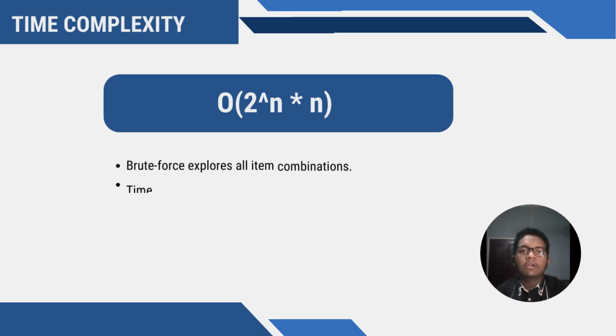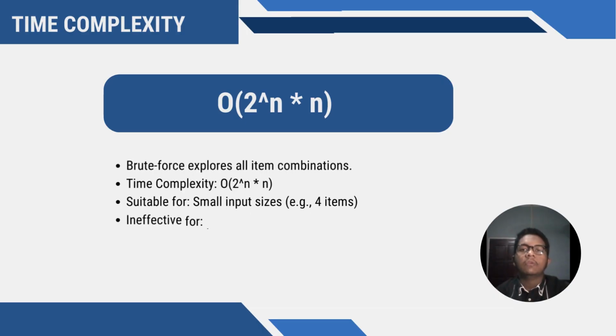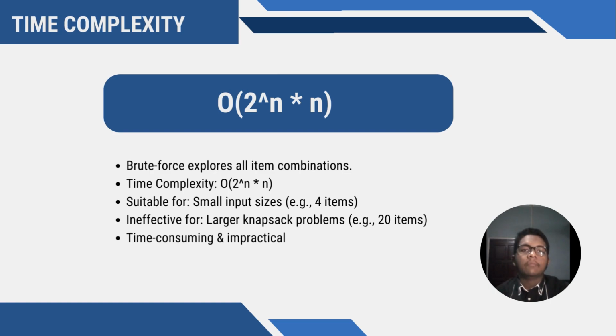Let's take a look at the time complexity analysis for the brute force approach to the knapsack problem. In the brute force approach, we generate all possible combinations of items and evaluate each combination to find the one that maximizes the profit while staying within the weight constraint. As discussed earlier, the number of possible combinations is 2^n, where n is the number of items. For each combination, we need to calculate the total weight and total profit, which takes n time as we iterate through our n items to compute the sum. Therefore, the overall